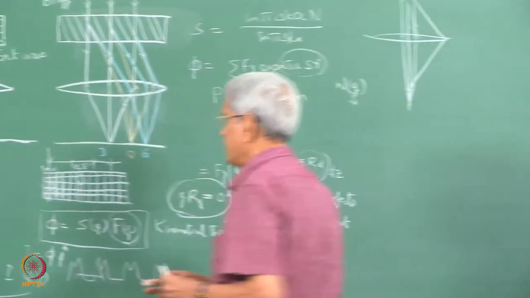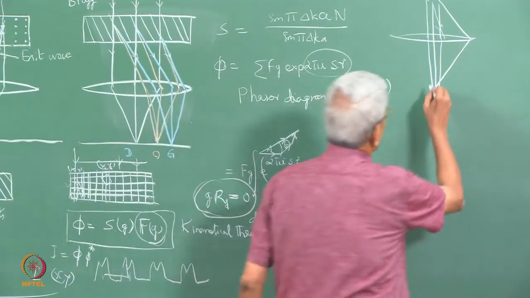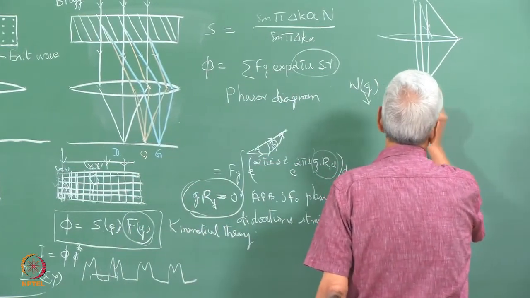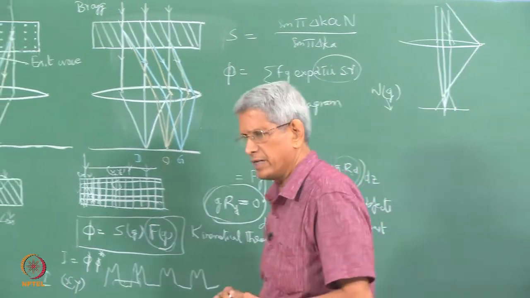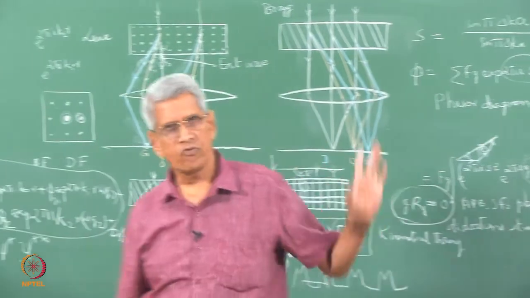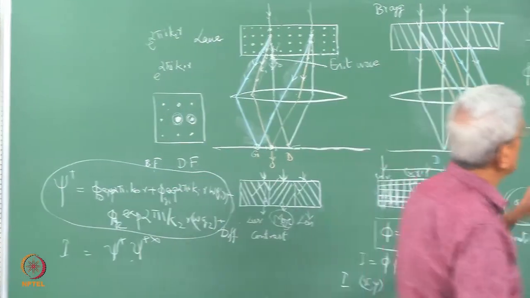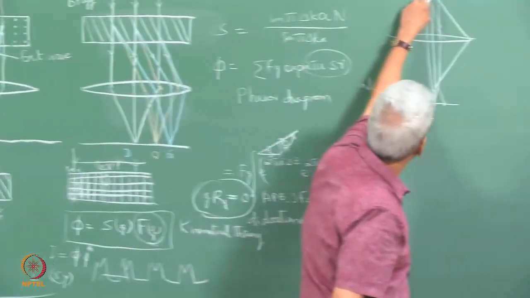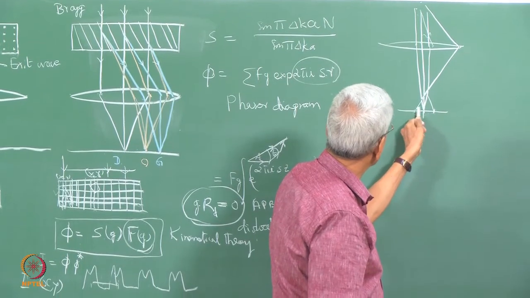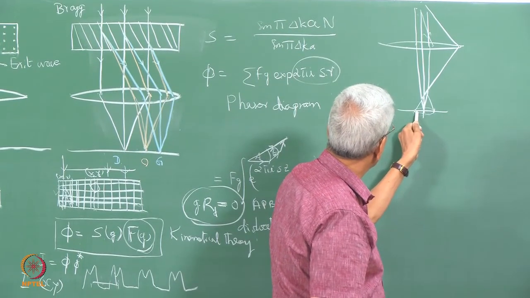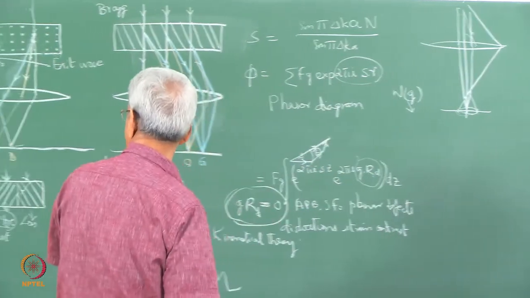What is going to be the net effect of this sort of error is that for a point object we do not get a point image in the Gaussian plane; we get a spread in the intensity. So, this makes the resolution very poor. Though the information is coming from one particular point, that information is spread over a particular area in the image.